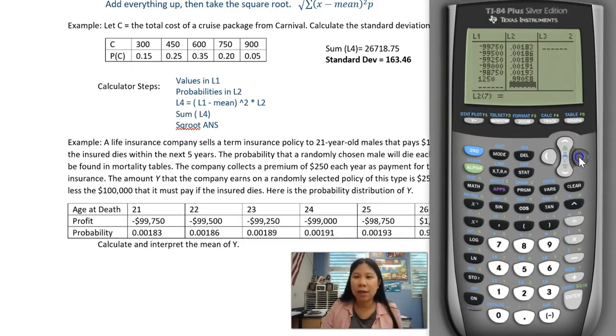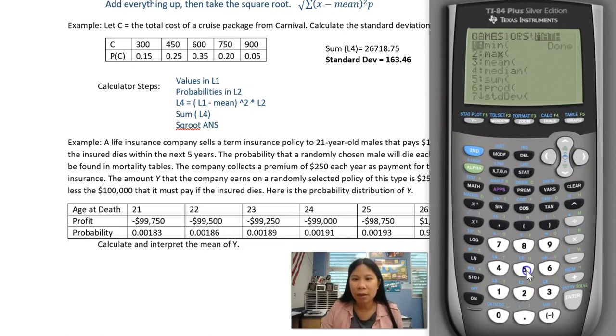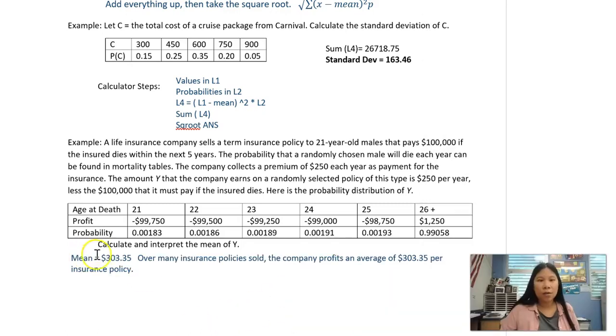So now to calculate our mean, we're going to go over to L3 and type in L1 times L2. We get all our numbers, and then we're going to add everything up. So second mode to get out, second stat, go over to math, number 5. Sum of L3 gets us 303.35 if we round to 2 decimal places. And we're talking about money here, so 2 decimal places makes the most sense. So here's our mean of